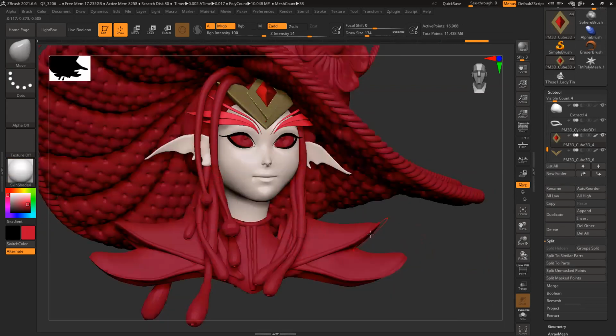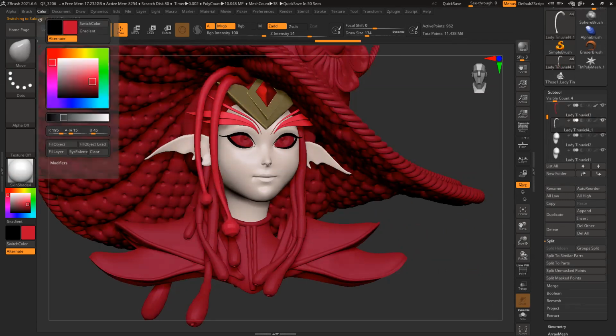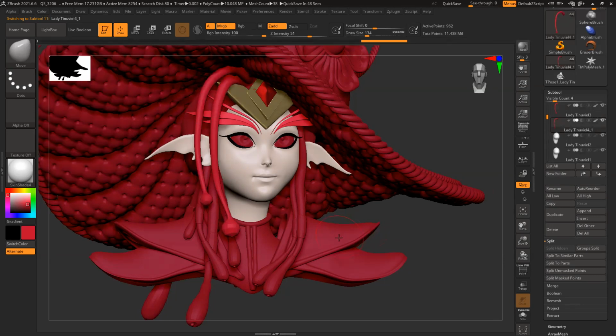Skin shader, back to the pinkish tone. So all these things are kind of the same color, but they have gradients. So those gradients I have to paint. Fill object.